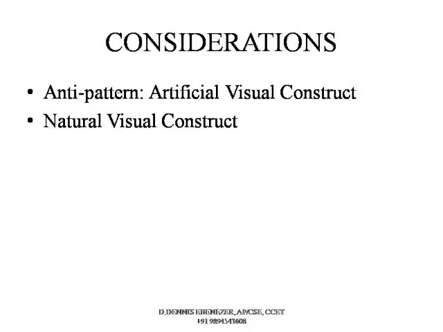The second consideration is a natural visual construct, which we can experience in a Google Map scenario. Here, when we point the source and the destination, a route will be displayed that is available from the server. But as we travel, or when we choose a new route, a new line will be drawn from our source to destination, which is not a permanent link but a temporary link. This is called a natural visual construct.